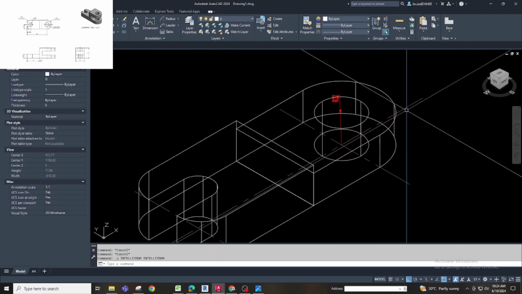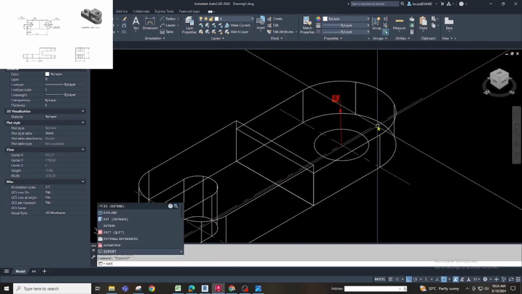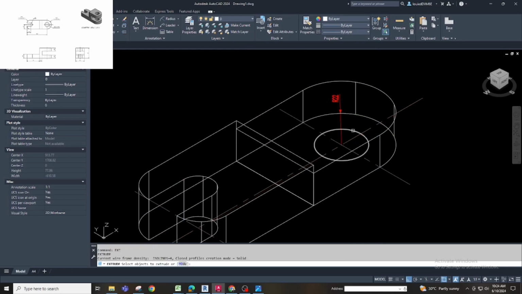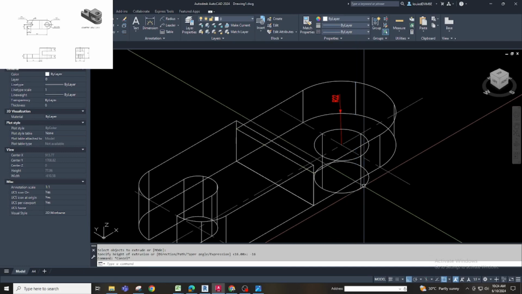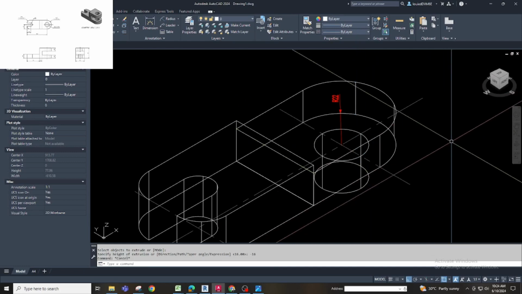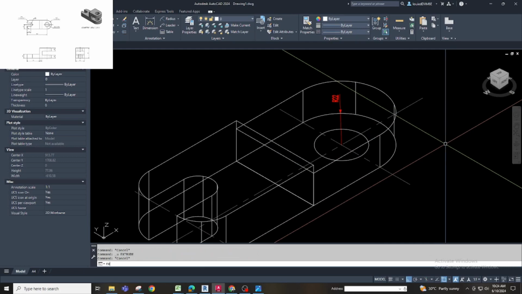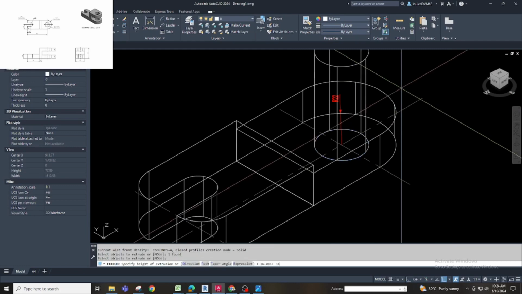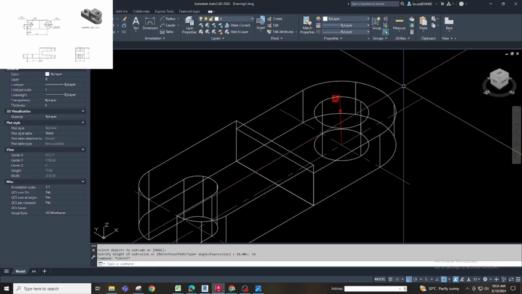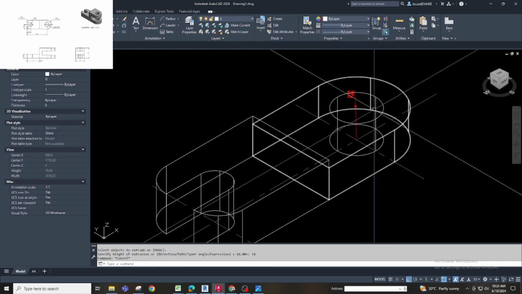If I extrude this in negative, minus 16, the extruded line will go down, and we don't want that to happen. So we will extrude this one, then enter 16 plus 16, then you have the extruded shape.